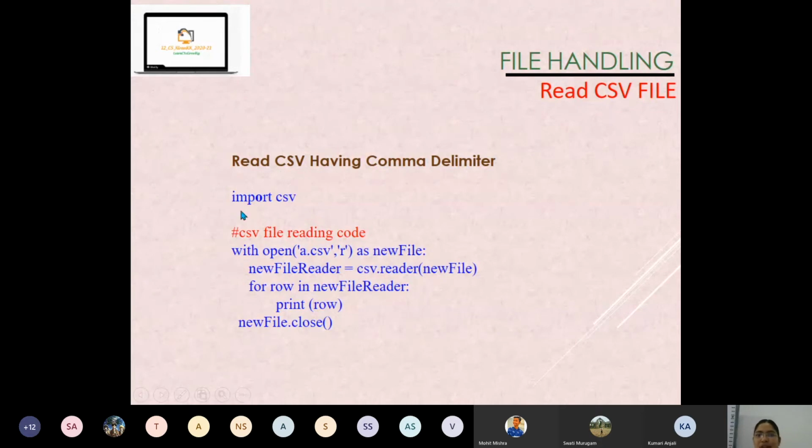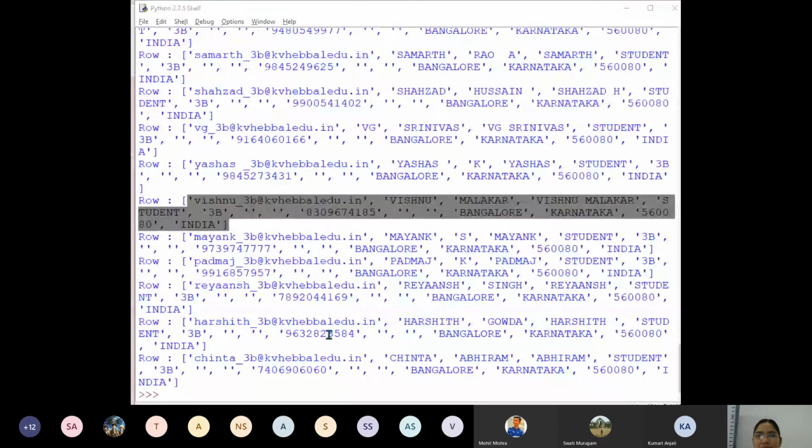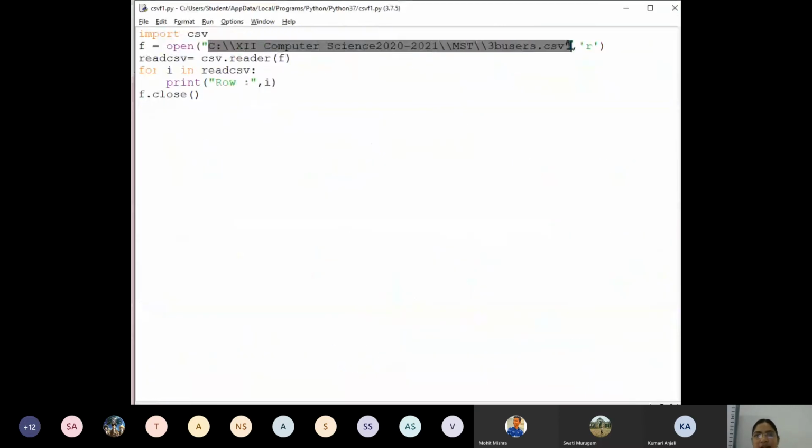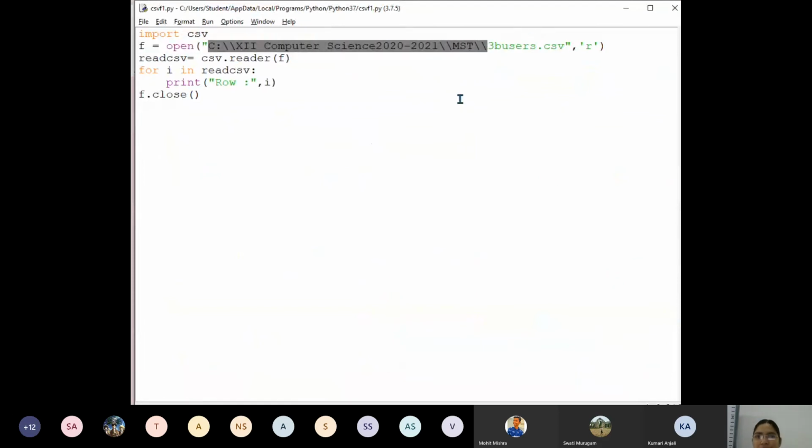Got it, children? And finally, what are we supposed to do? Whatever file we open, we have to close it. Now you can see, let me show you once again this coding, whatever I have executed. See, if you are using a file which is within that current working directory, no need of giving the entire path, children. Again, I'm repeating.